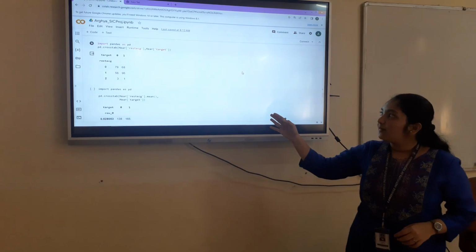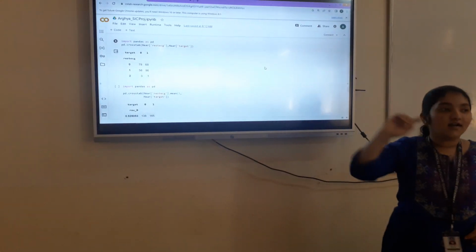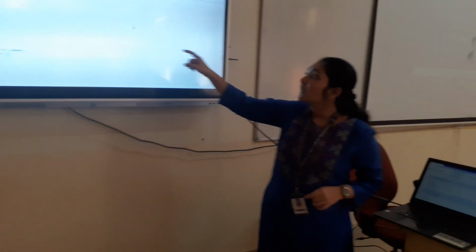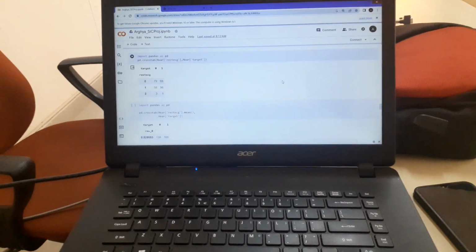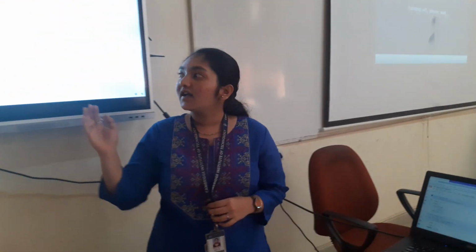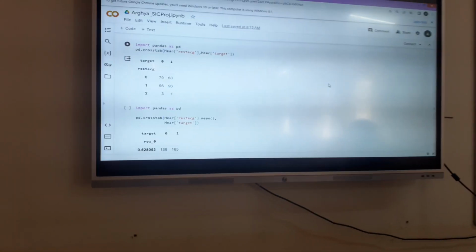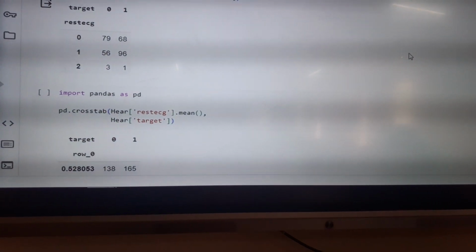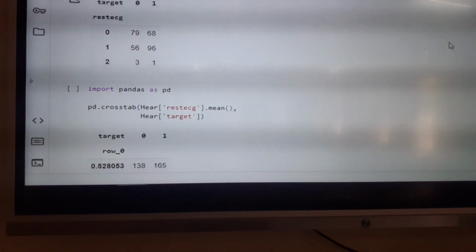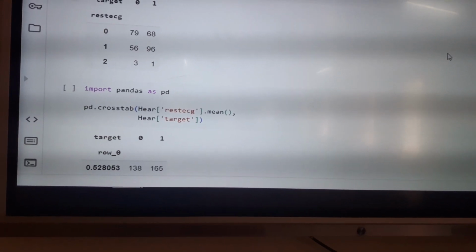Next is cross tab. Here I have used resting electrocardiogram and target. You can see that 0, 1, 2 is the resting electrocardiogram. If it is 0, it means your electrocardiogram, that is the ECG, is normal. If it is 1, it is a little severe, I mean the initial stages. If it is 2, it is a severe case. And when target is 0 and 1, obviously 0 is absence of heart